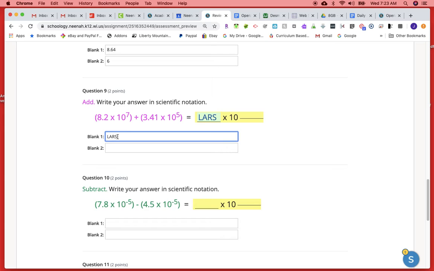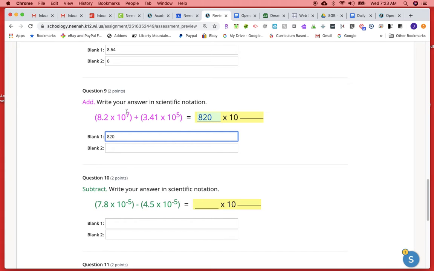So if we are looking at Lars, if we're subtracting, that means we need to move our decimal to the right because R and S go together. We're going to move it 2 places because we're subtracting by 2. The 2 and the 2 go together. So that would be 82, 820. So our very first number will be 820, and it now becomes times 10 to the 5th. We'd have matching